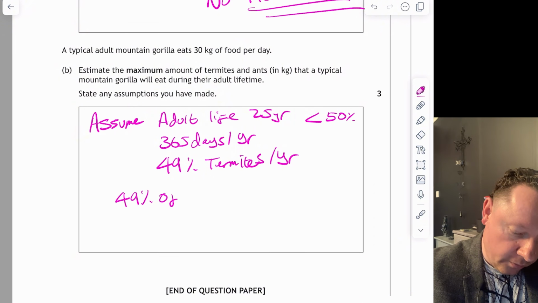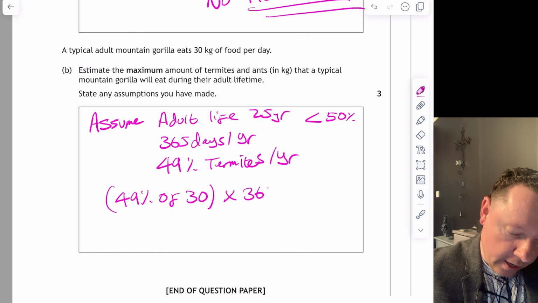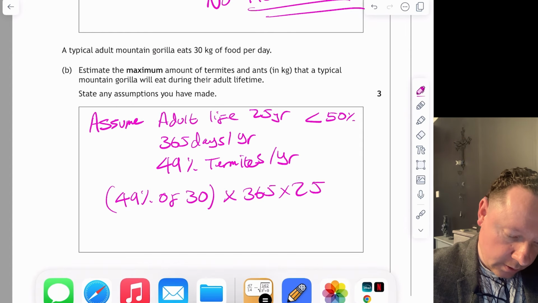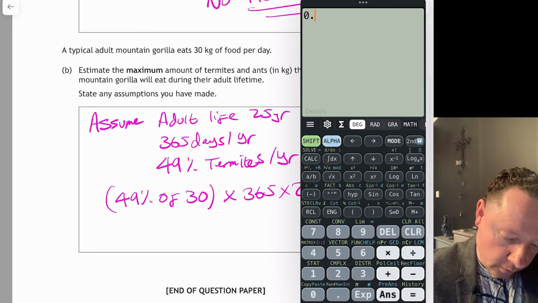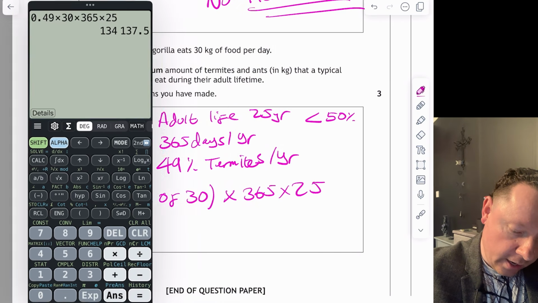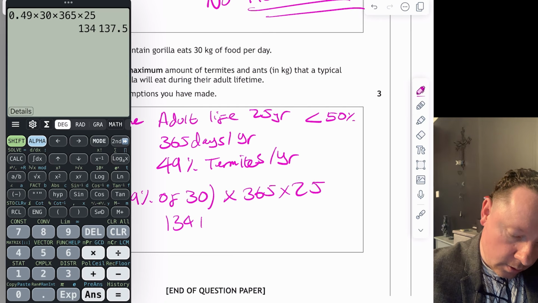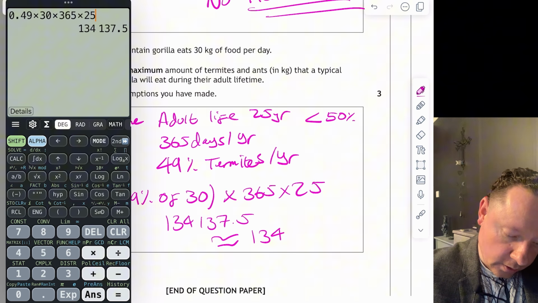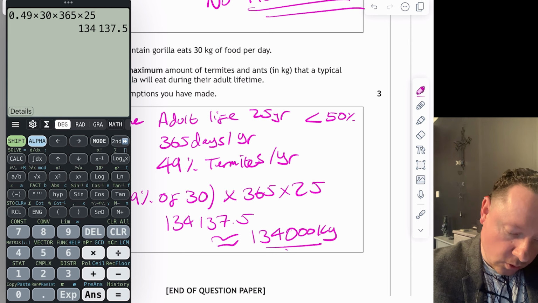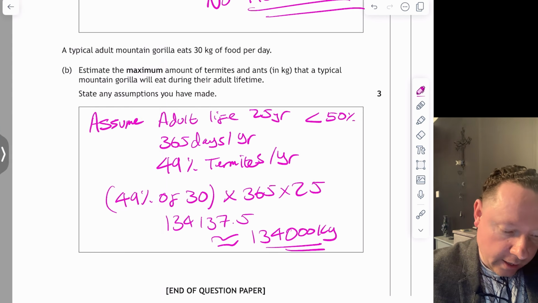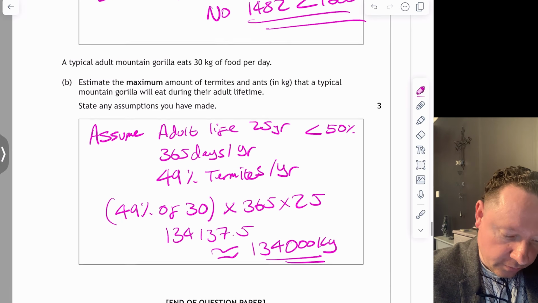49% of 30 times 365 times 25. So 0.49 is 49% times 30 times 365 times 25. 134,137.5. That's about then 134,000 kilograms, thereabouts. The data, if you look at it, is given to two significant figures,